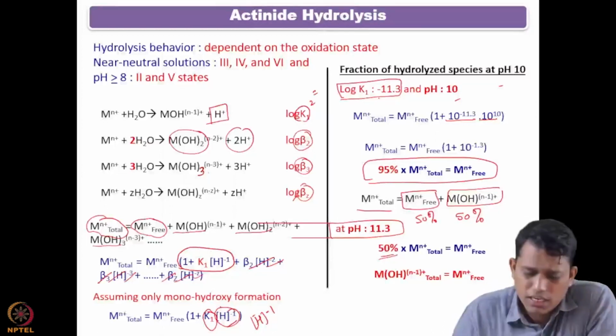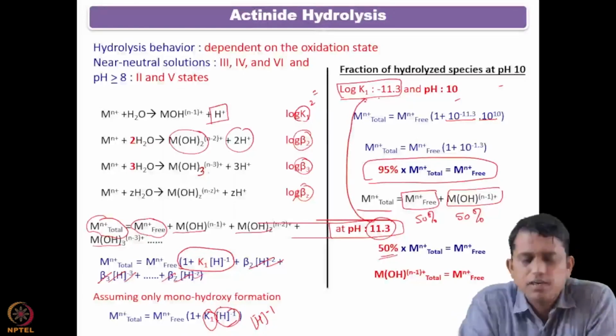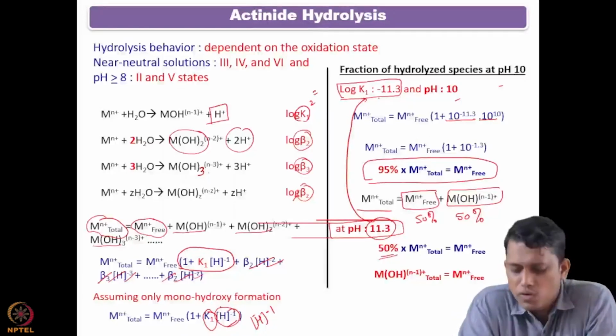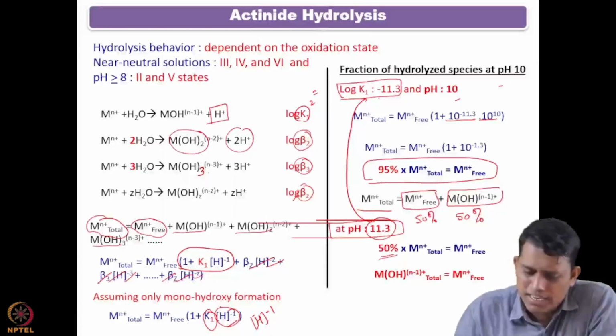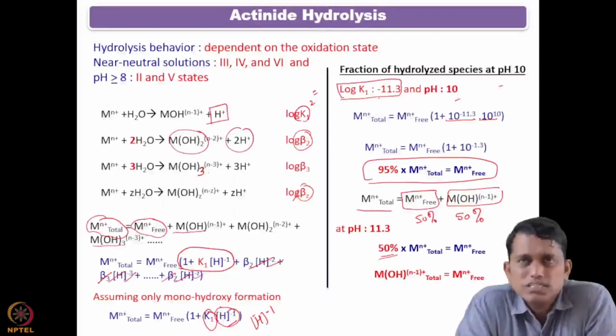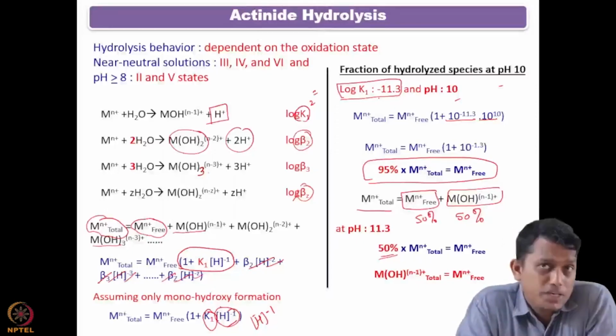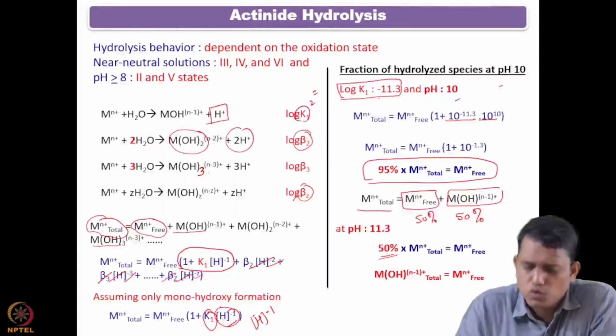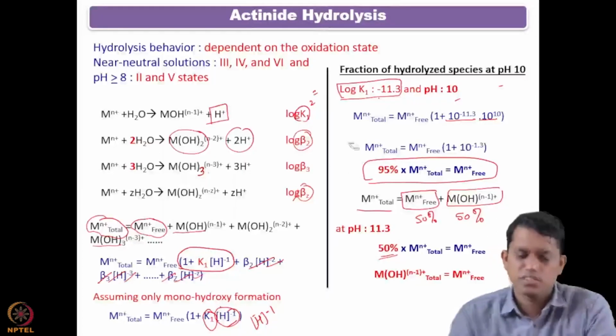And if you see carefully, this pH is close to your log K value. It is just the negative of your log K1 value. So if you have information about this log K value, and you know this simple calculation, you can easily tell at what pH what kind of species are forming and where the hydrolysis will start. So this is the very simple case I have discussed with the